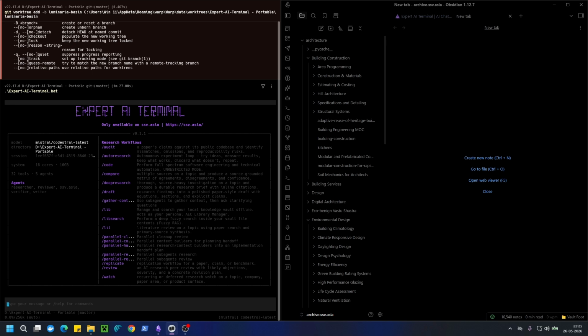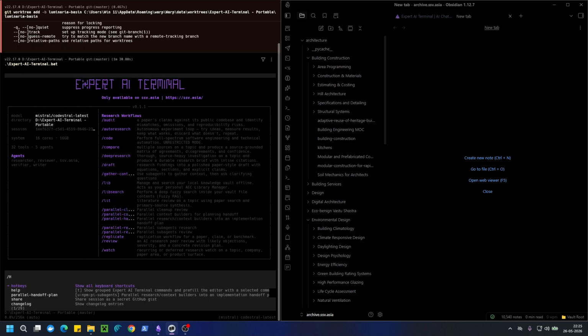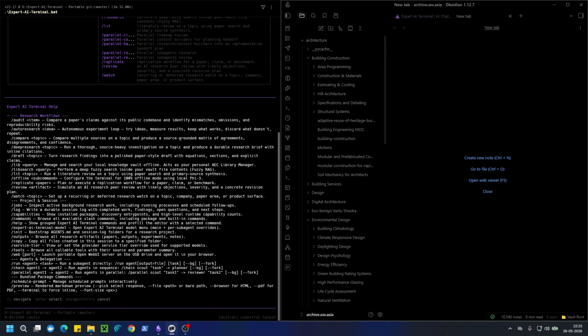Alright, let's do one thing. I'll do /help and it will show me all the different commands that we can use. Here you can see we have audit, auto research, that's from Andrej Karpathy, /compare. Deep research takes about 7 to 8 minutes and gives you a very in-depth report with thorough citations. Draft you can use for any particular topic for research